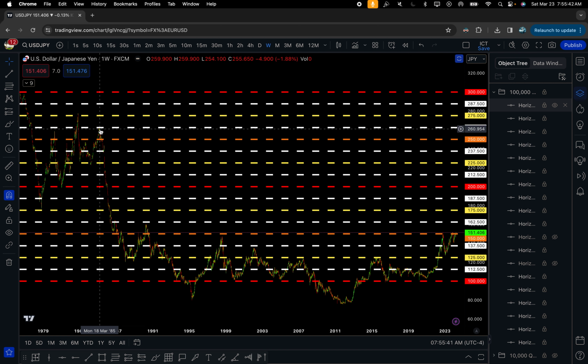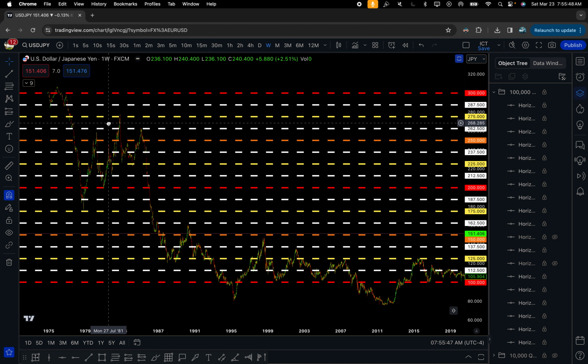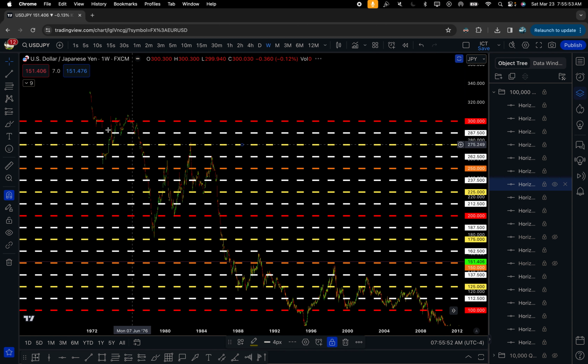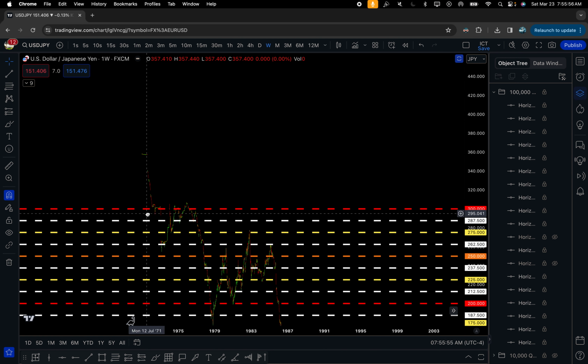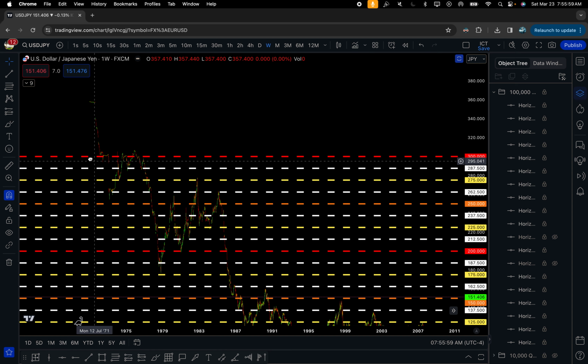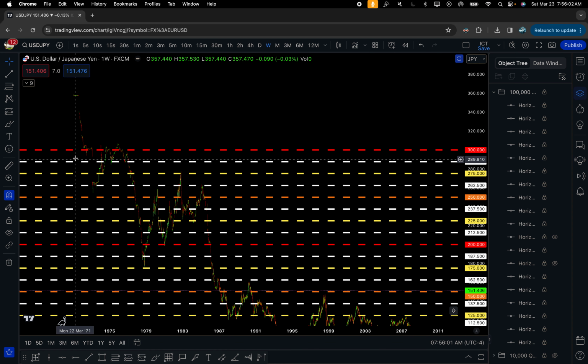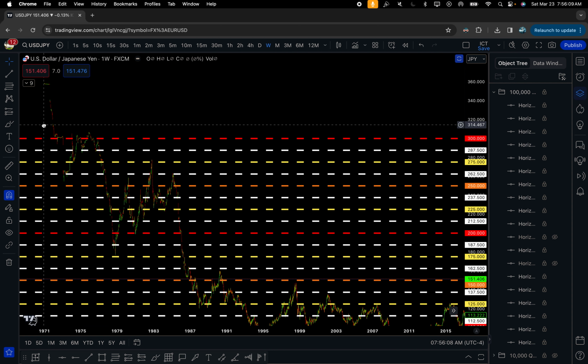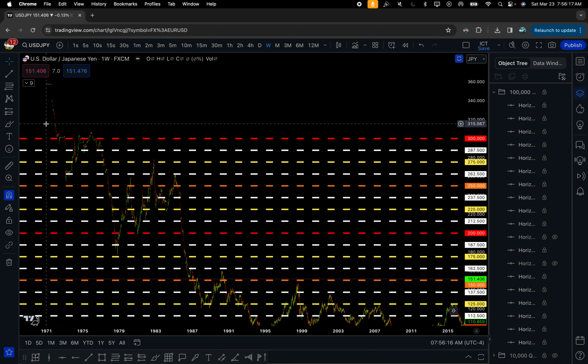Strong reaction right here. And this is what I want to show you. I just want to show you, first of all, how far back quarters theory goes, all the way. Quarters theory goes all the way back to the beginning of the currency market. You go to EUR/USD, or GBP/USD, and you go back all the way, and I guarantee you see the same thing. So